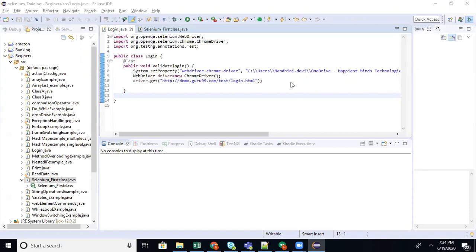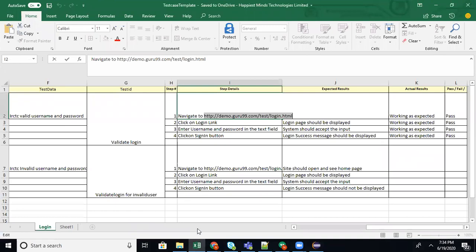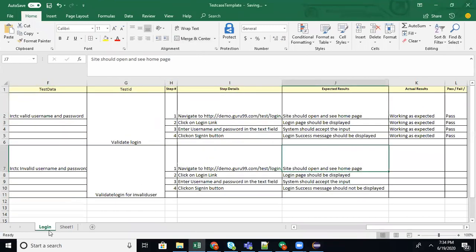Let me first explain again what annotations are. You know what an annotation is? It comes with TestNG. Now you know how to access the web element and all. So this is the test case for the module called login.